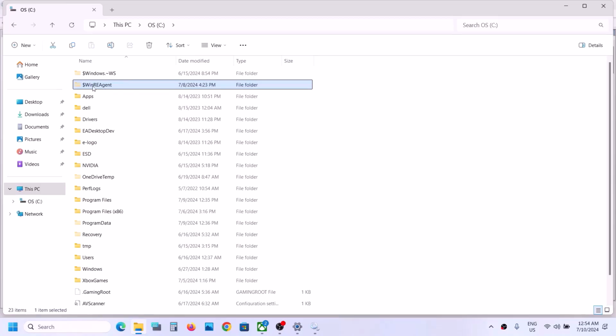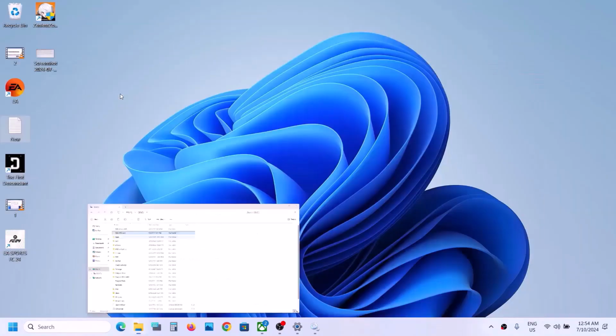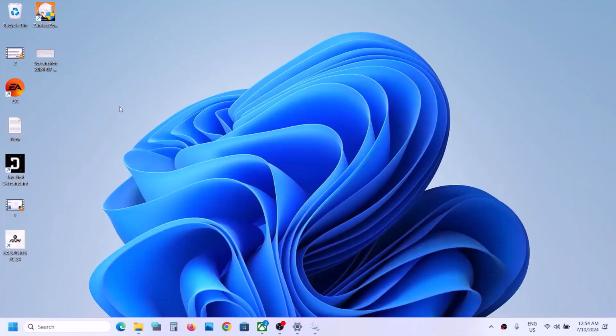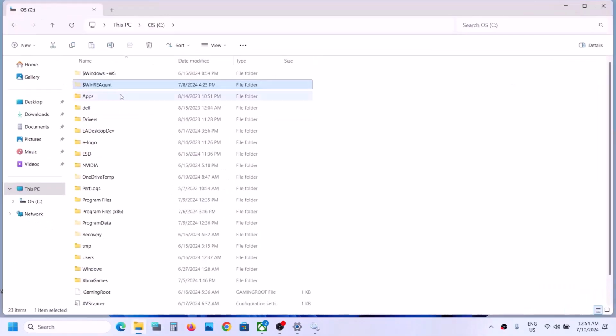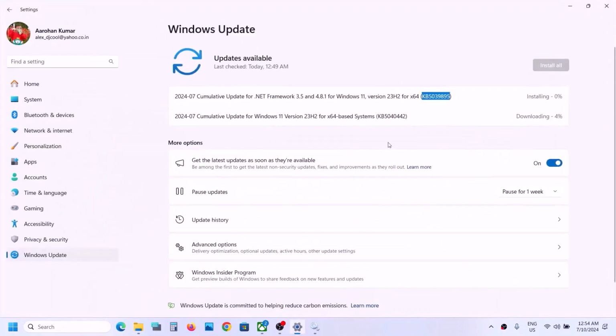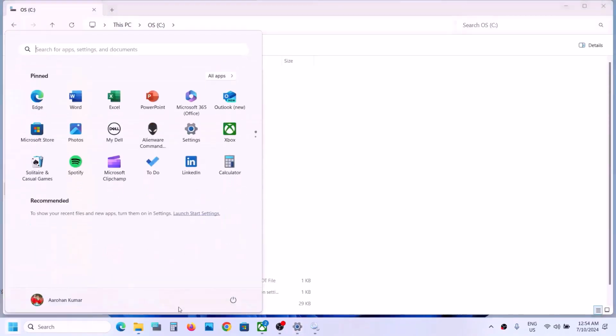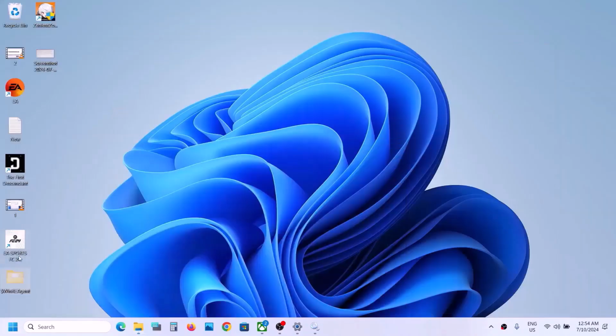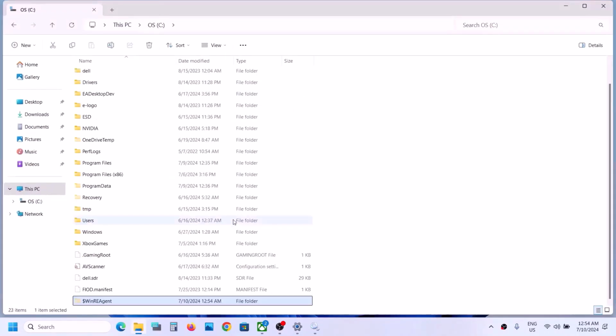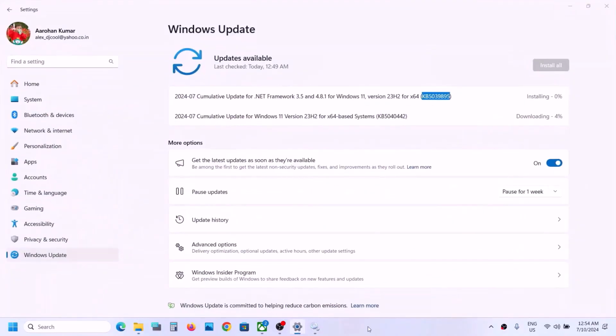So you can copy this WinREAgent folder, and then you can create a backup of this folder, so you can paste it on the desktop. Once you have a backup over here, now you can delete this folder, and once this is deleted, now you can update your Windows 11. And once the update is complete, restart your computer. And after the system restart, if you want to put the folder back, once the update is complete, you can put the folder back. Now, if you are still unable to update, then please follow the rest of the steps shown